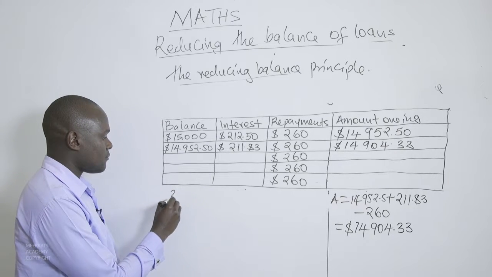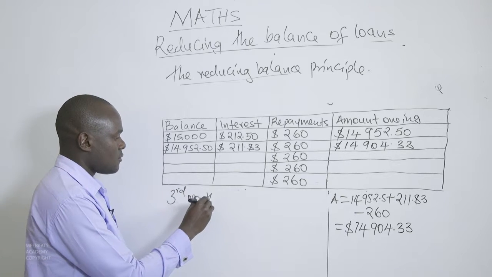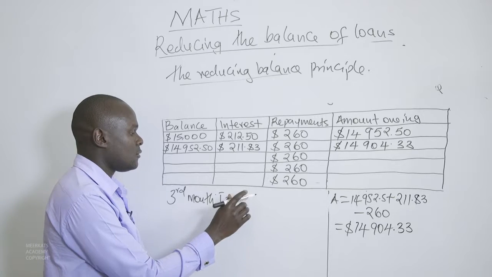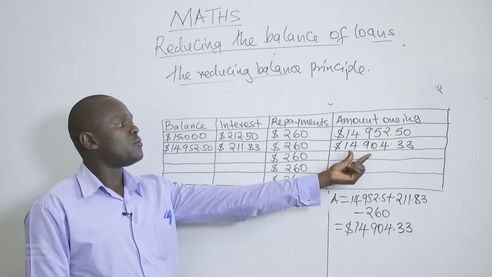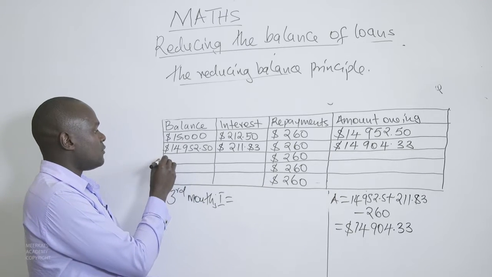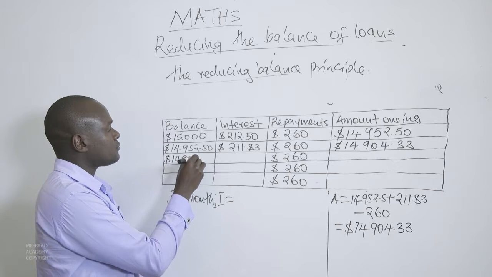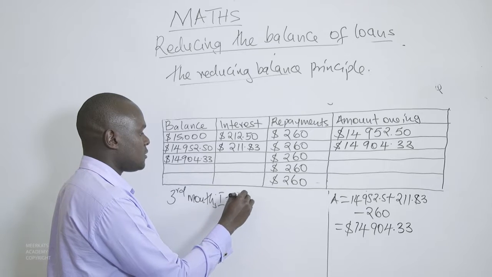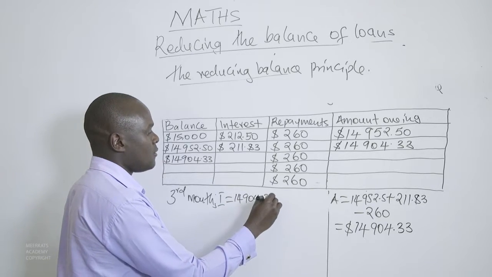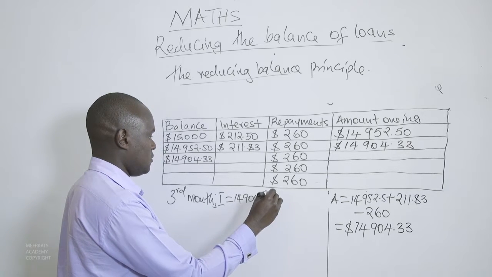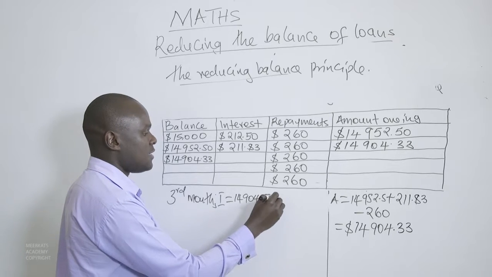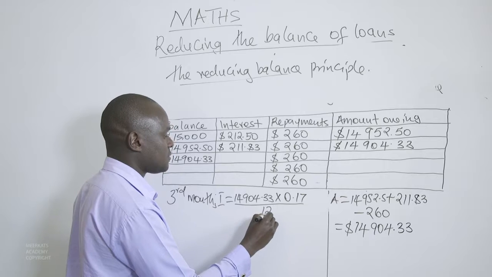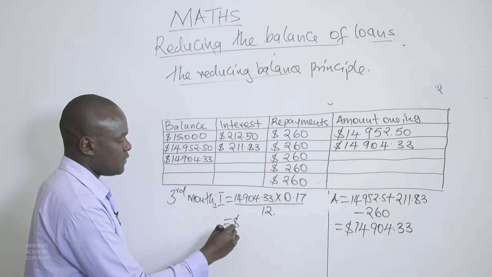During the third month, our interest will be calculated from the balance from the previous month, and this balance will be brought down here. This is 14,904.33. This is the balance during the third month that is supposed to be recovered. We multiply this balance by the rate, which is still 0.17, then we divide by 12 months, and this will give us an interest of